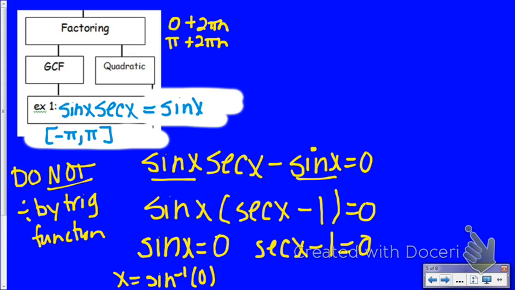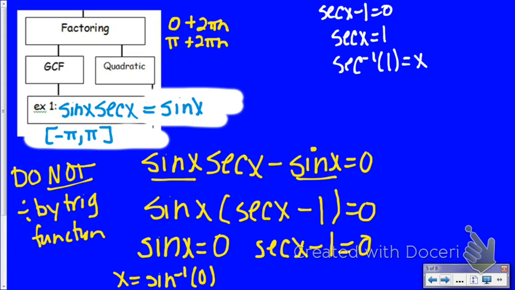I also need to solve the second half of my equation, where secant x minus 1 is equal to 0. I'm going to continue solving that up here where there's some more space. So secant x minus 1 equals 0. That means that secant is equal to 1. So I'm solving secant inverse of 1. If you remember, secant is the reciprocal of cosine. So that's the same thing as cosine inverse of 1 over 1, which makes it a little easy. It's still 1 for us. So I'm basically solving cosine inverse of 1 because the reciprocal of 1 is still 1. And cosine is 1